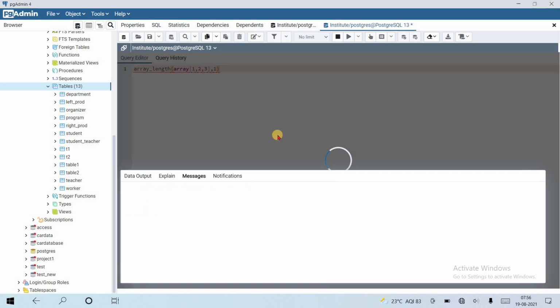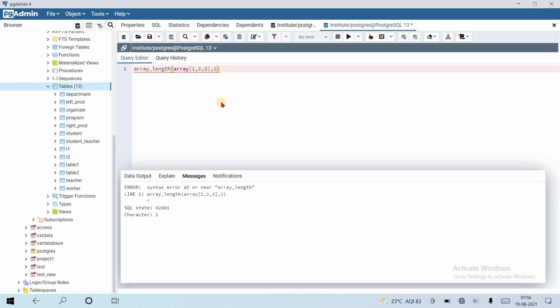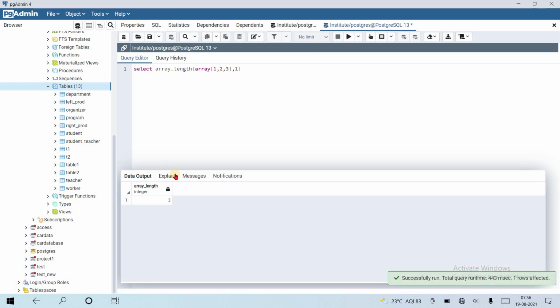So if I put integer 1 here, array_length will return 3. There are 3 elements in the array. If I add one more, then it will give me 4.